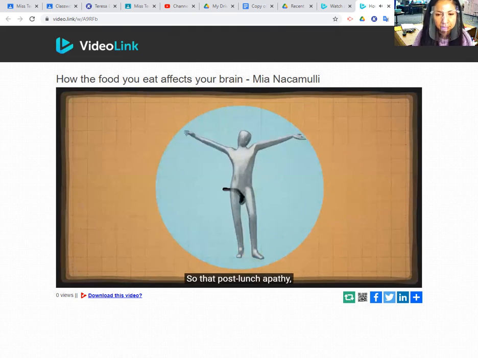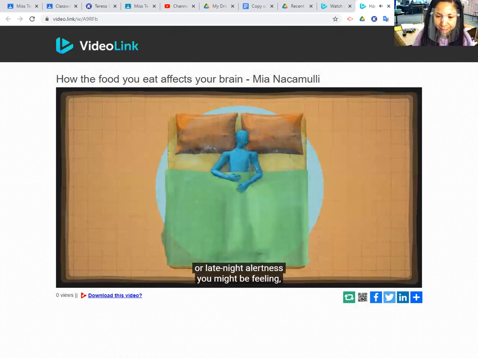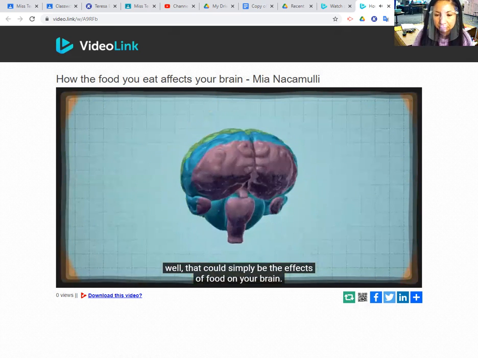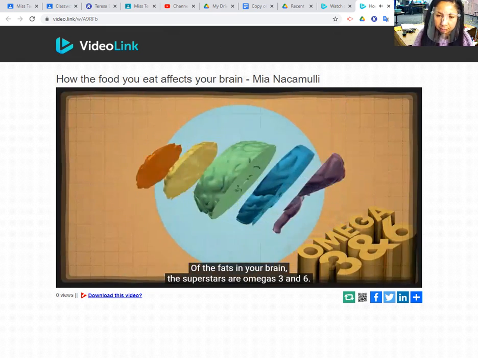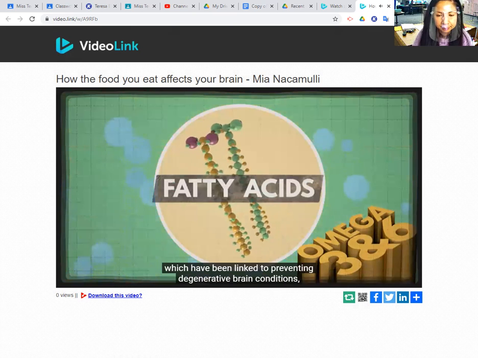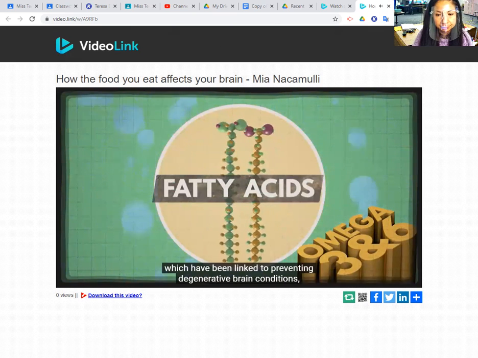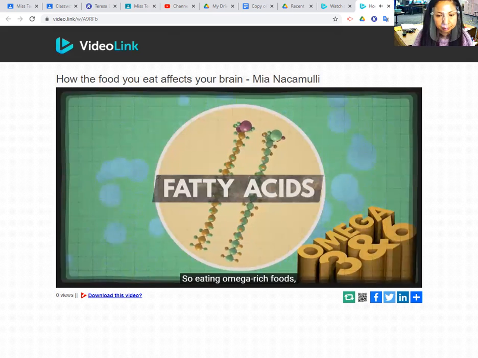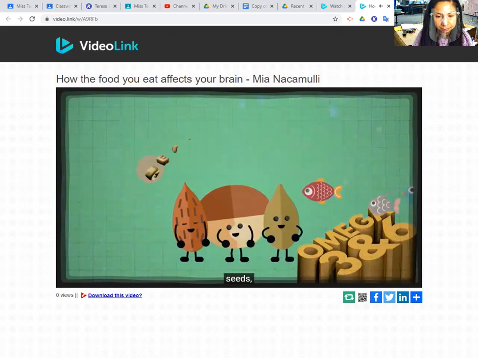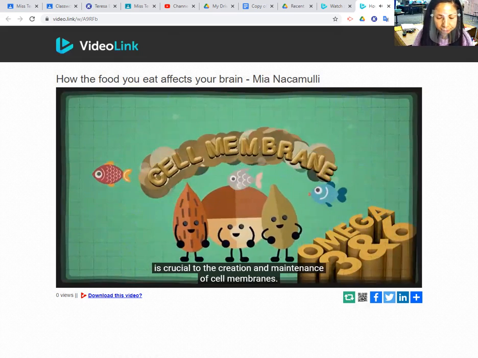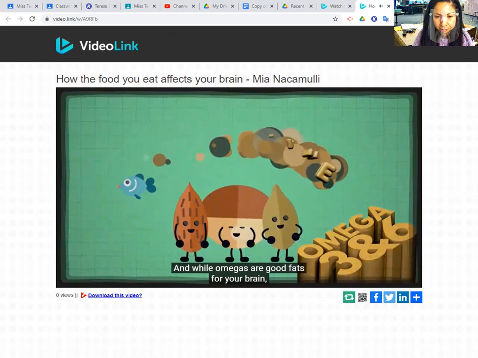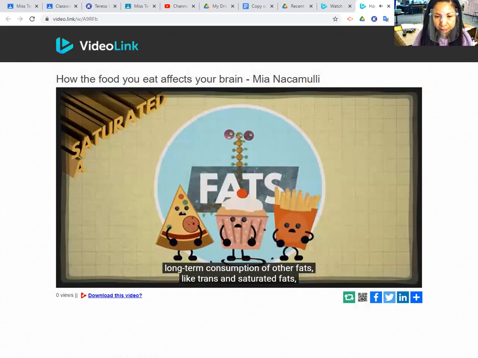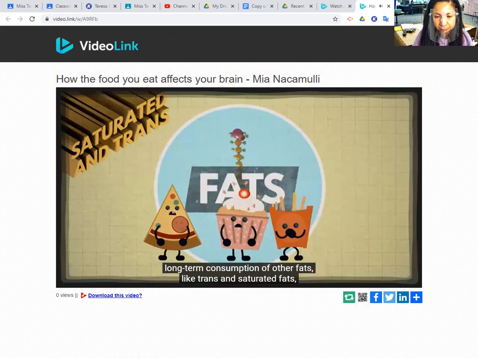So that post-lunch apathy or late-night alertness you might be feeling, well, that could simply be the effects of food on your brain. Of the fats in your brain, the superstars are omegas 3 and 6. These essential fatty acids, which have been linked to preventing degenerative brain conditions, must come from our diets. So eating omega-rich foods like nuts, seeds, and fatty fish is crucial to the creation and maintenance of cell membranes. And while omegas are good fats for your brain, long-term consumption of other fats, like trans and saturated fats, may